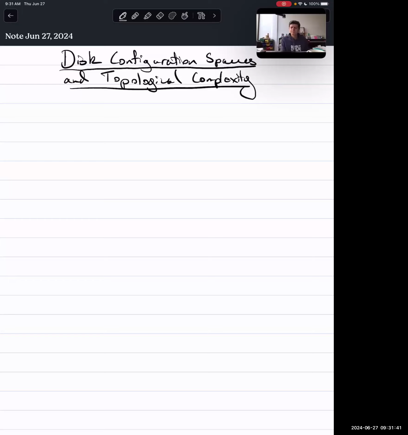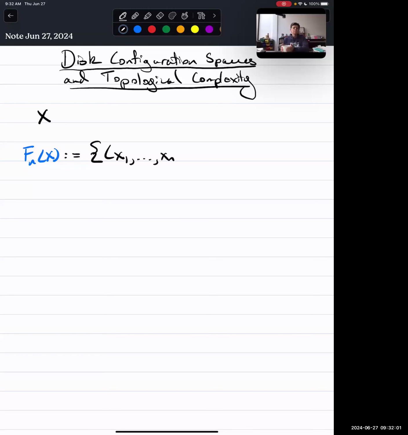And throughout all of this, my spaces will be X, and I will use F sub n of X to denote the nth ordered configuration space of points in X. So this is just going to be the space of ways of embedding n labeled points in X such that our points don't overlap. And this family of spaces has been one of, in my opinion, the richest things to study, or at least earliest things to study